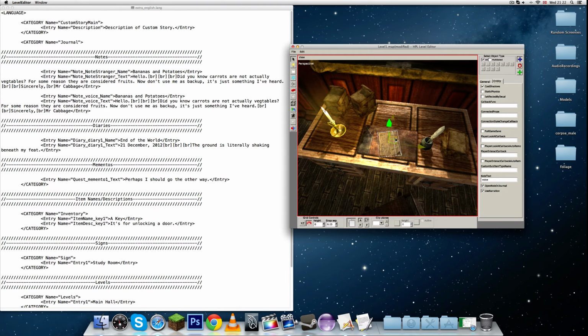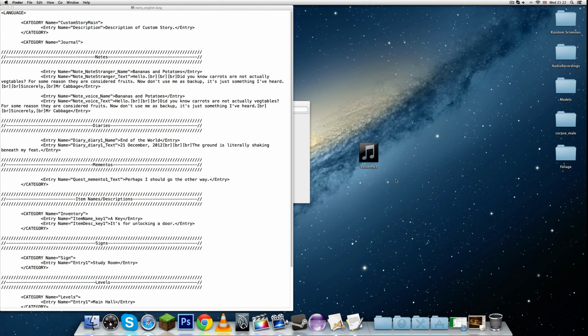So be sure that if you're just randomly picking it up and closing it and you don't know why, that's why, because you're using narration and it doesn't have a narration. So let's save the map, and to make sure that it has narration, I'm gonna take this file. You can't really use MP3 files. You gotta convert them to OGG.